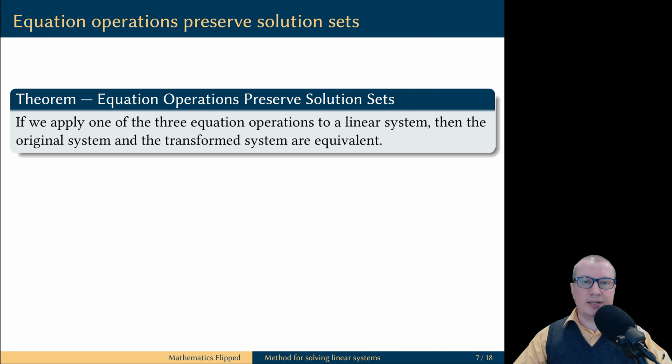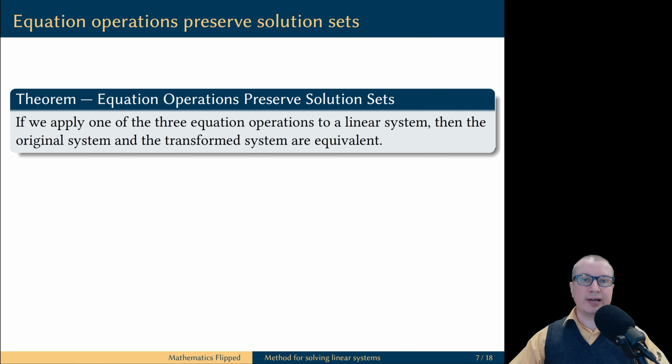One of the goals for me in these videos is to show you the thinking process behind constructing proofs. And tip number one is this: before you start proving something, make sure you understand what it is that you're trying to prove. Ask yourself, what is it that I need to prove here? In this case, we need to prove that two linear systems are equivalent. But in order for us to be able to do this, we need to understand what it means for two systems to be equivalent. And this is where the definition of equivalent systems comes in handy.